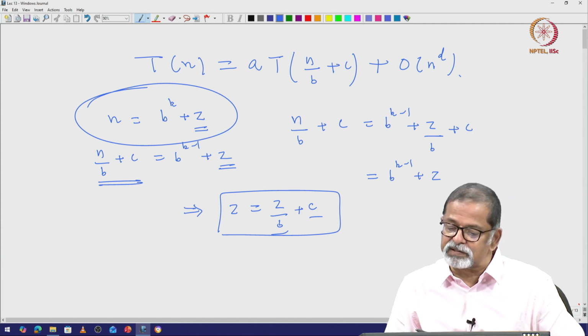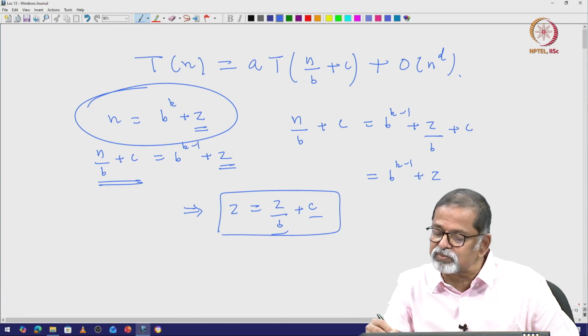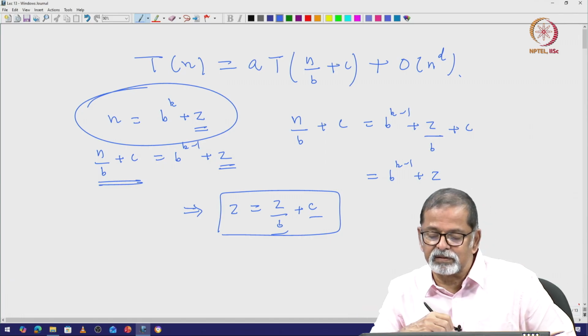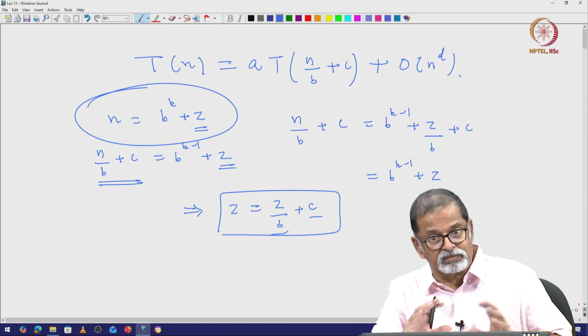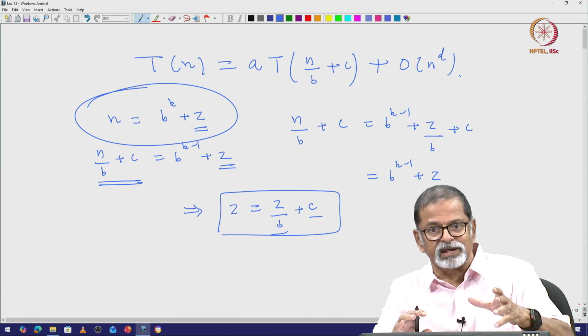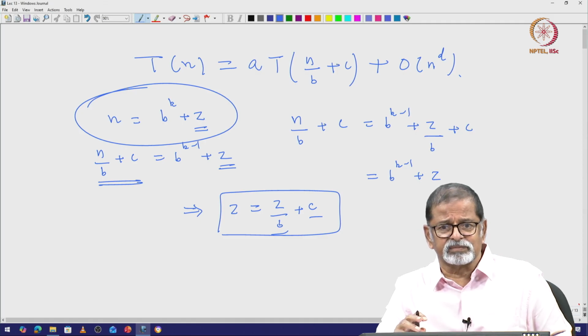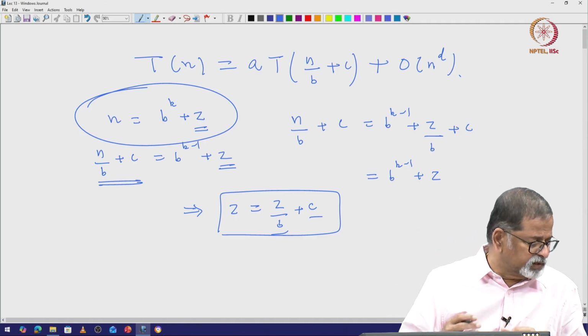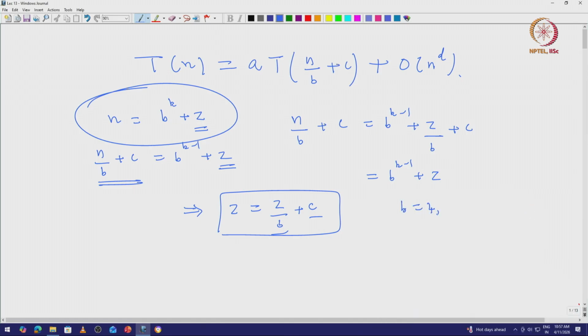That is because n by b plus c is nothing but b power k minus 1 plus z by b plus c, but I know that z by b plus c is z, since the value is chosen. So, given b and c, how will you choose z? Just solve for that. For example, if b equal to 4 and c equal to 7,